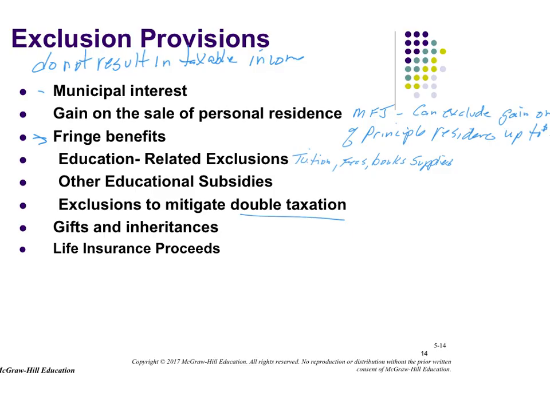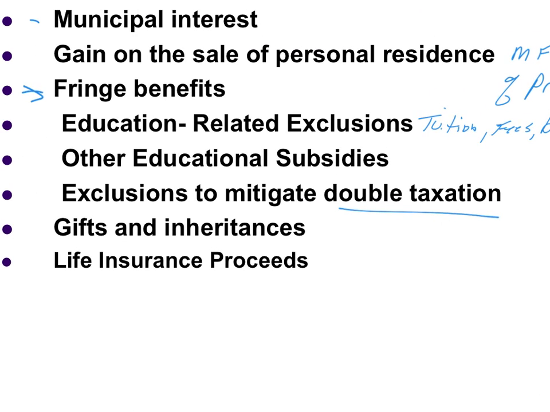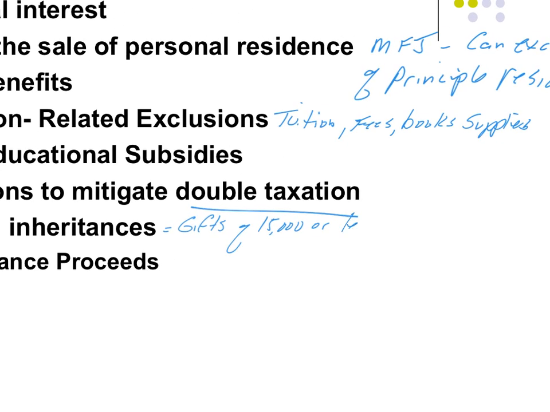Okay, so an example is gifts and inheritances. Okay, so I can give anyone, all right, so gifts of $15,000 or less do not create a taxable